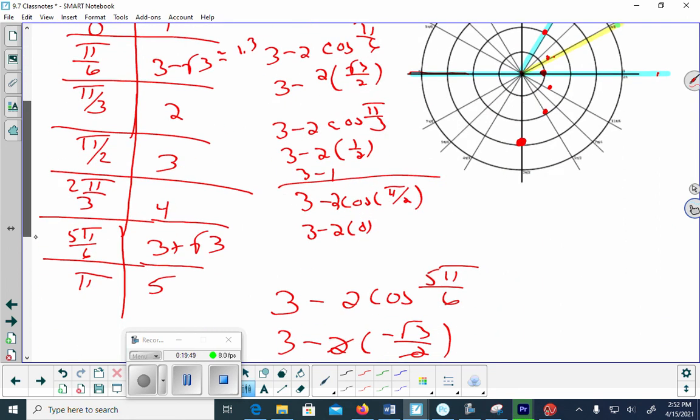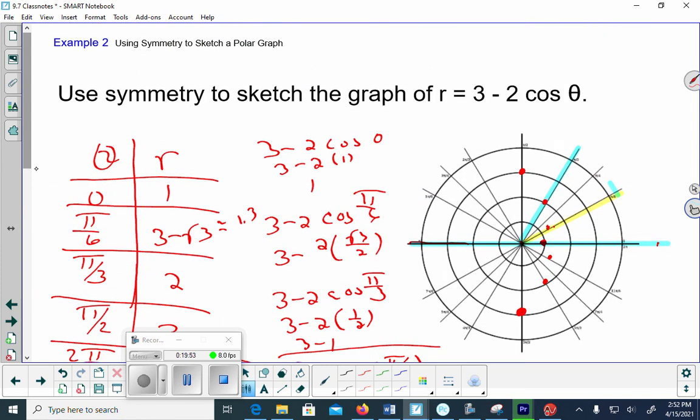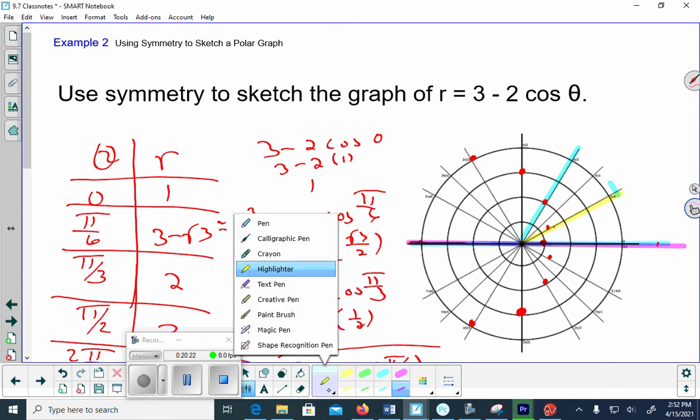2 pi over 3 was 4. So 1, 2, 3, 4. So that's there. Mapping it down is going to be right here. Imagine folding this piece of paper on this purple line. So the points on top should match the points on the bottom. They should be as far over to the left as they were. So now the next one is going to be